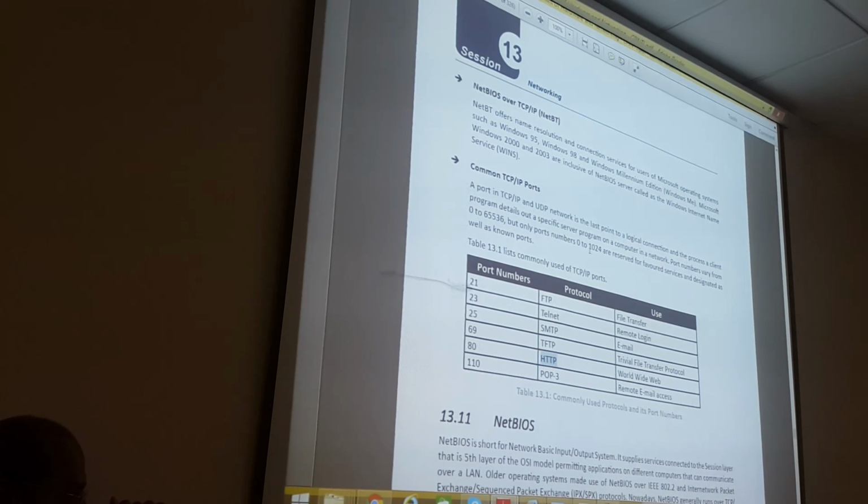There are more than 1024 port numbers. Some of them are 0 to